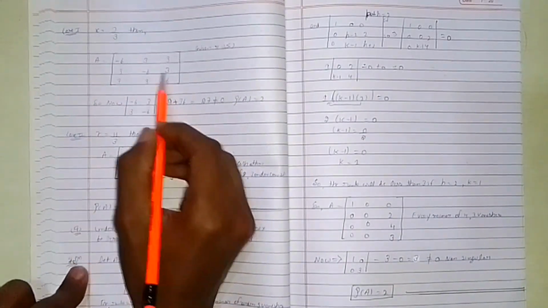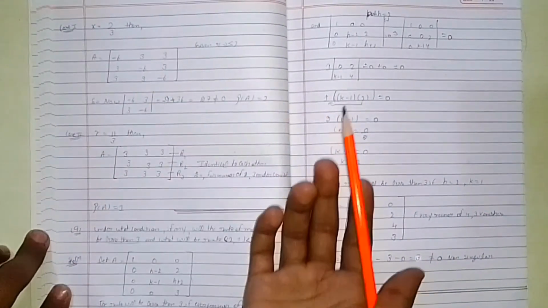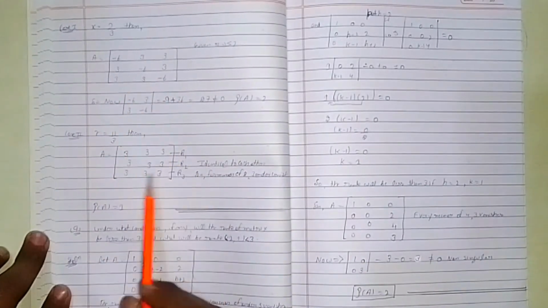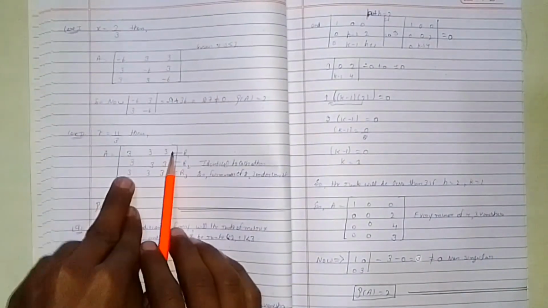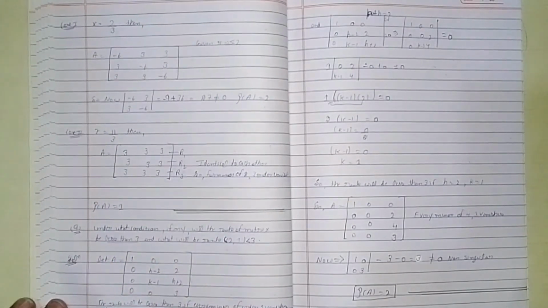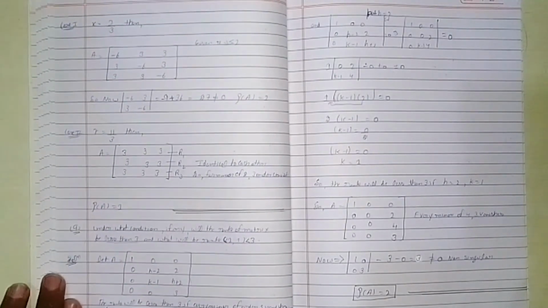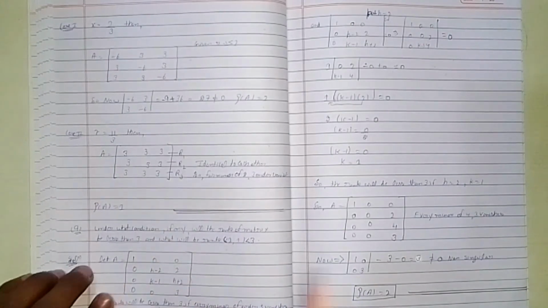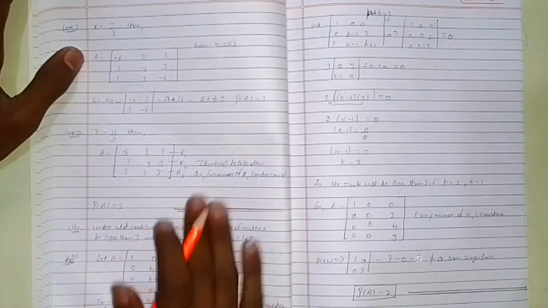Okay? So as we know it's less than 3, that is 2 or 1. So I solve it for 2. Also I solve it for 2. It comes identical, that's why it's easily solved. For what condition, if the rank of the matrix is less than 3, what will be the rank? This is given. This is an important sum.